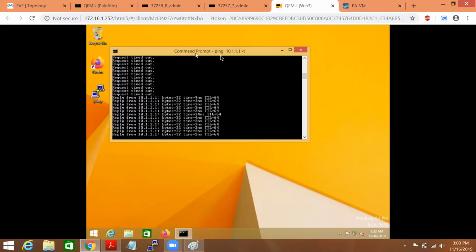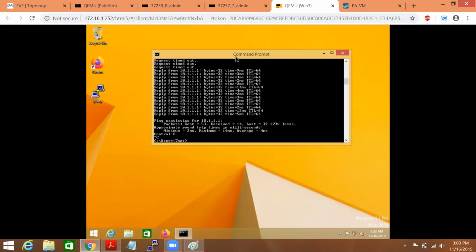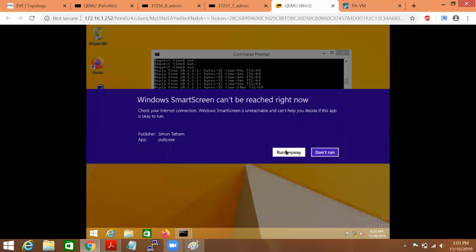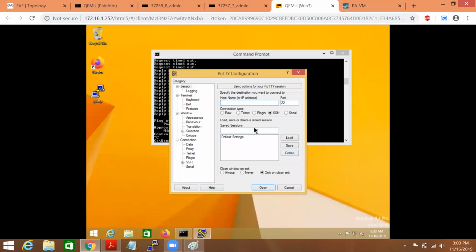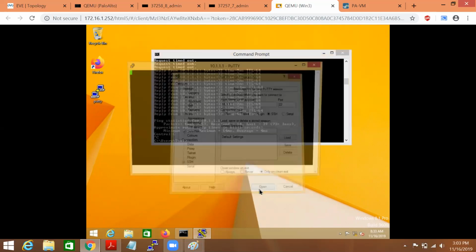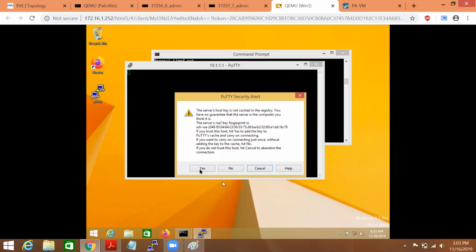Anyone having any issue regarding this management profile interface configuration? I have allowed three services: SSH, HTTPS, ping. So accordingly we can use them. So let's say if I try to perform SSH. In order to use SSH, we'll have to mention the IP address along with the port number. Now you just have to click open and you got the access.